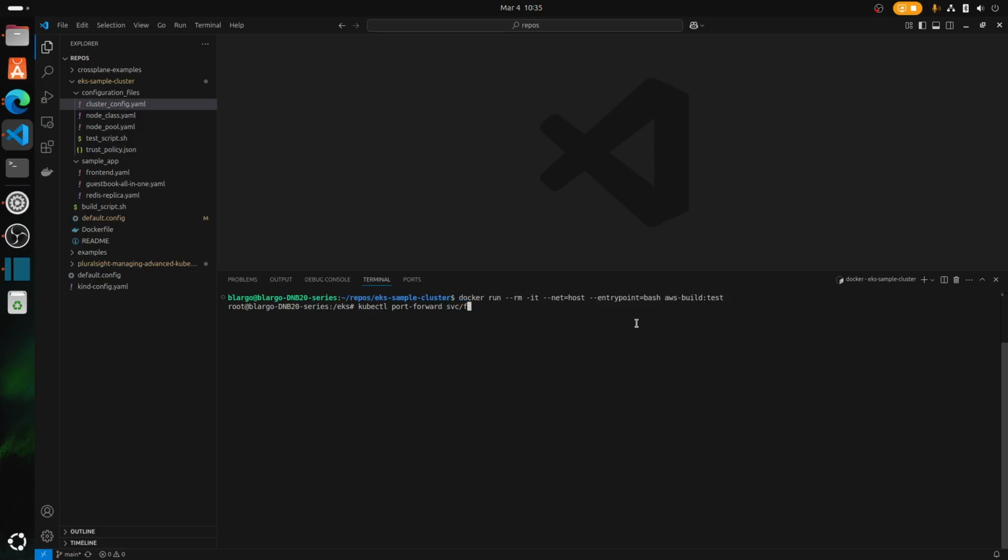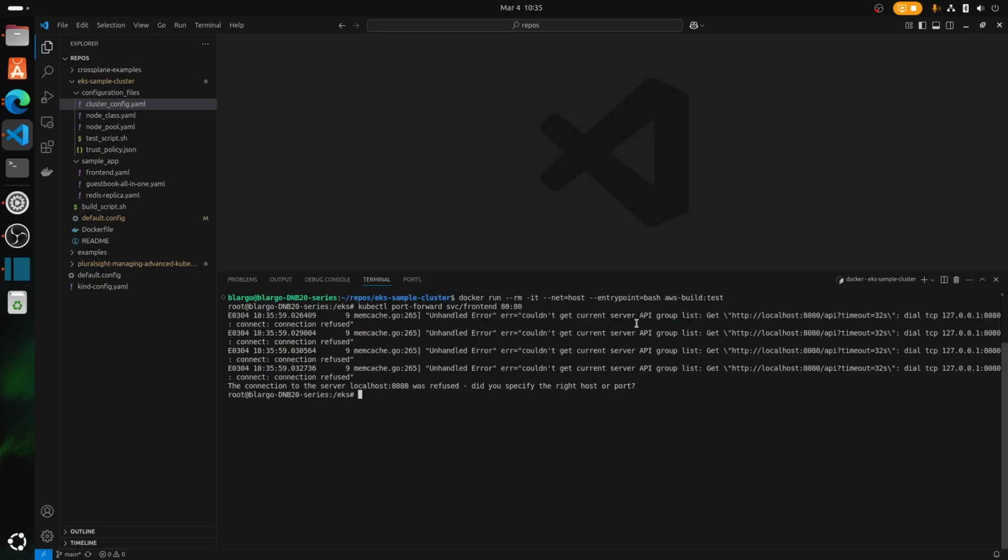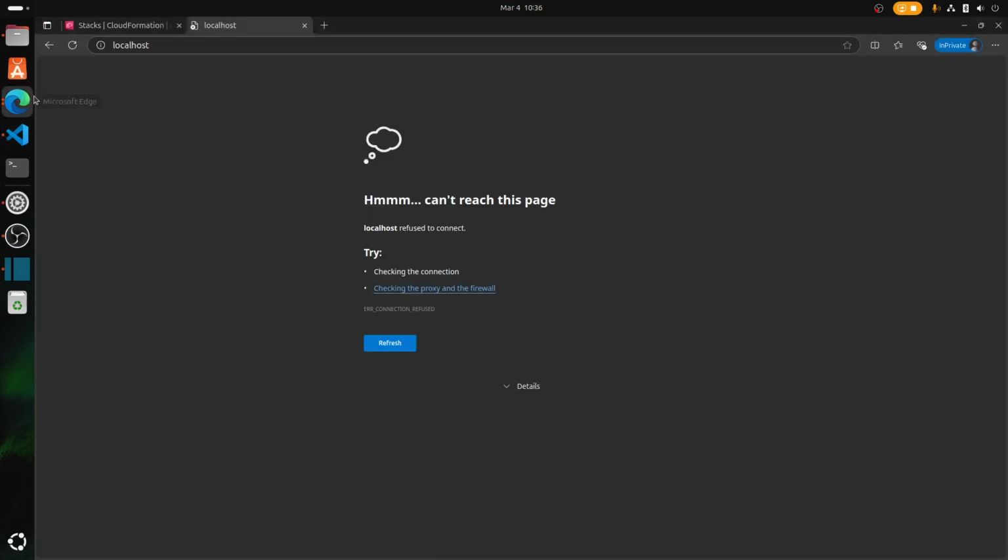Well, it would help if I once again ran the update kubeconfig. Man, you have to run this each time you start this up unless you include it as part of the run. Okay, now